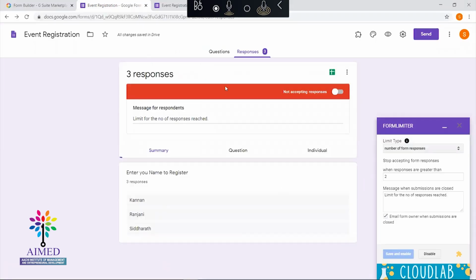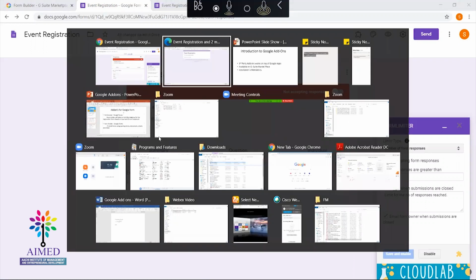So now in the organizer's form, we are getting the message that we have set over here, like limit for the number of responses has reached. And I'm able to see all 3 responses over here. Now from the participant side, I'm trying to register.